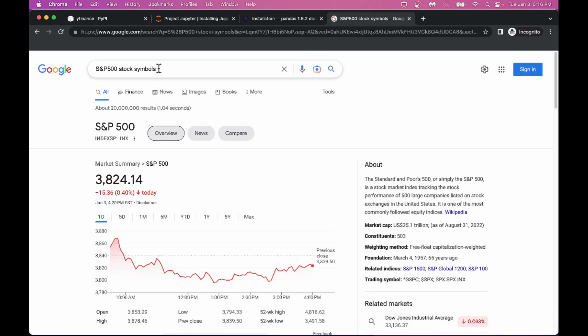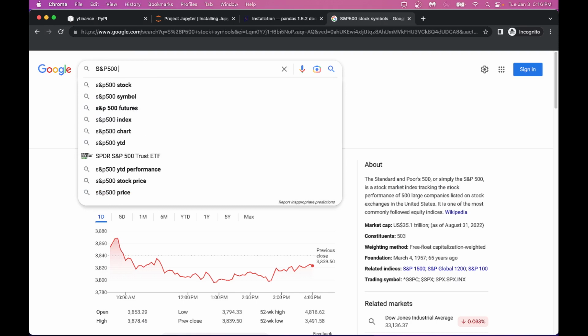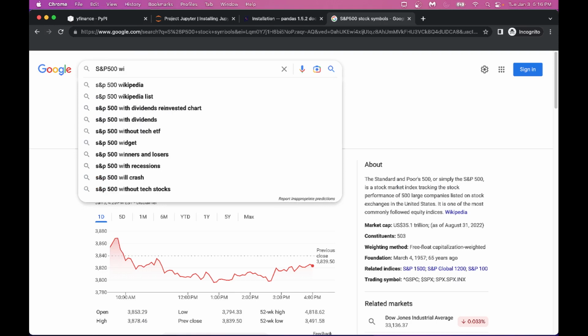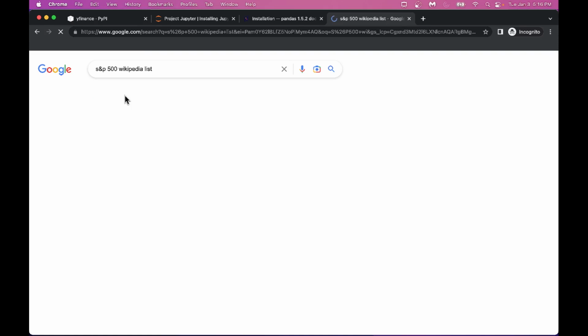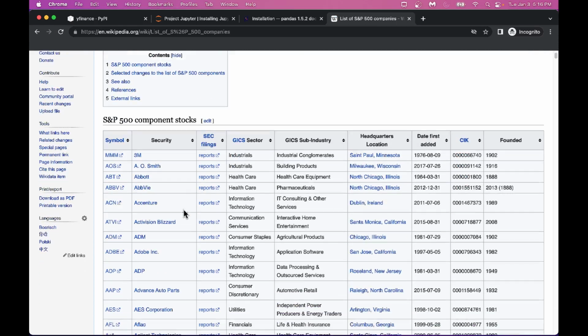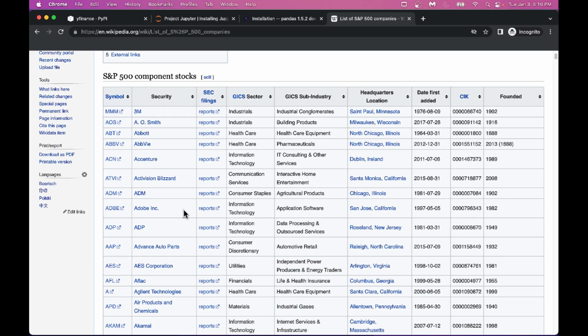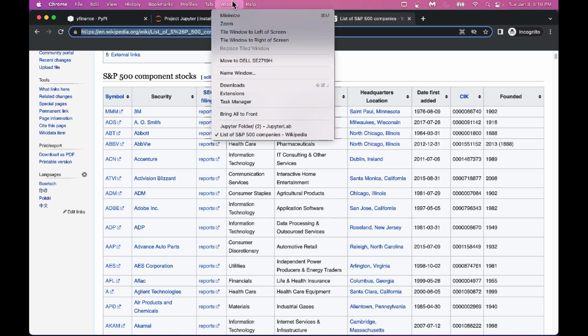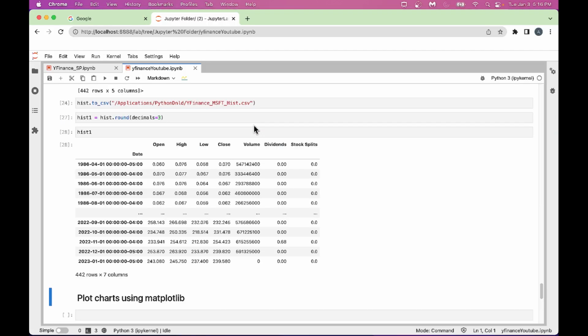All right, typically Wikipedia is a good source for the S&P 500 stock list here. So we got a list here from Wikipedia. If we click on this here, look, we got this whole list of stocks here. We can download the history for all these names here. So you can just copy this here and take it over to our program here and get the information for all